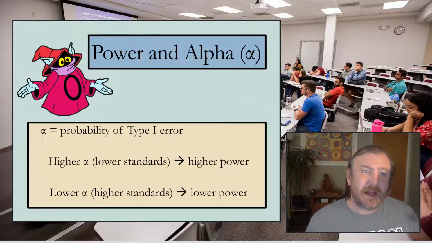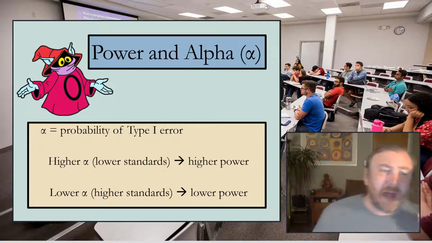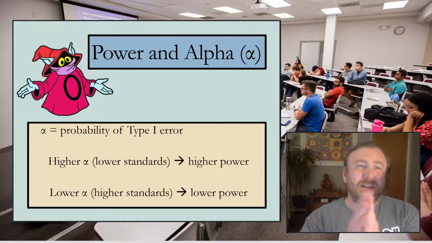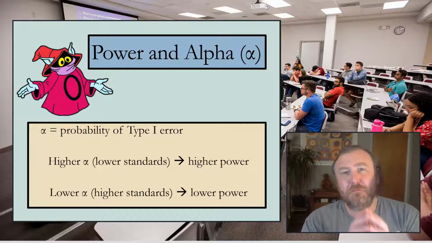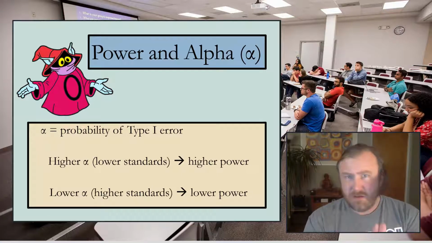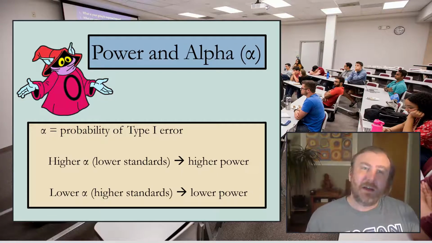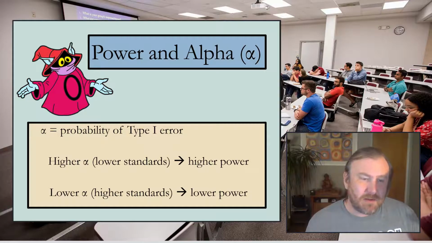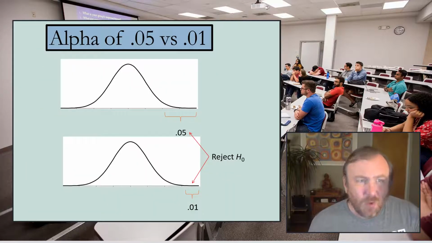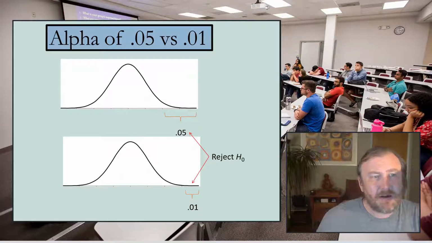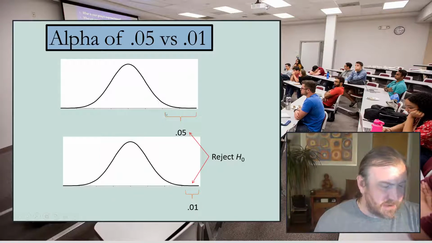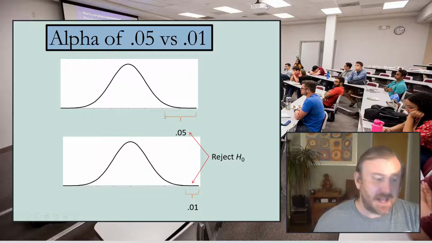And so alpha and beta are highly related in this way. The difference is it's kind of challenging to compute beta, but we know alpha. The researcher sets alpha. Alpha, if you remember, is that arbitrary line in the sand where, if we set our alpha at 0.05, that means we're interested in this area of the tail where the tail is a proportion of 0.05,